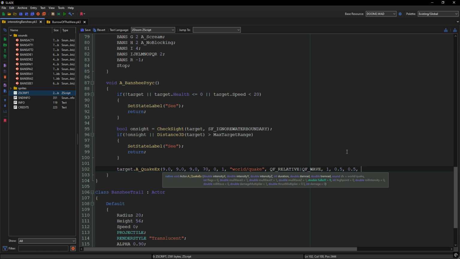Then, fall off, I don't really care about the fall off, so it will be 0, 0. If I don't need these arguments, I can just leave them like that, because they are already defined in the default function, so I don't need that. What I want, though, is the roll